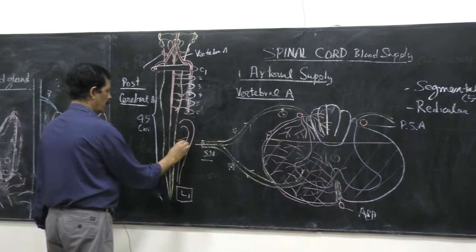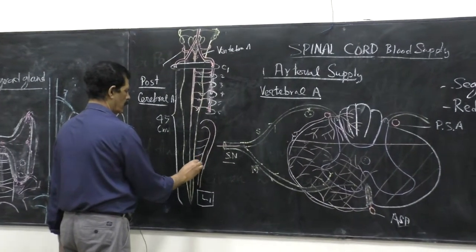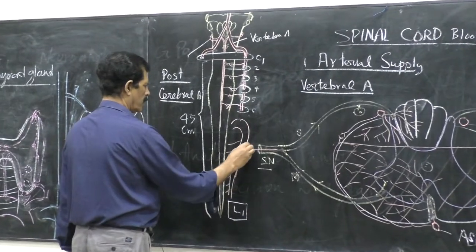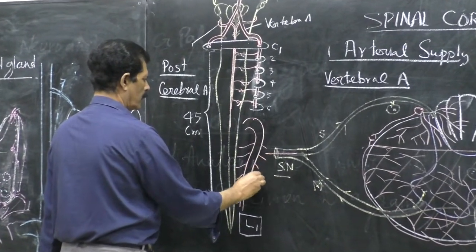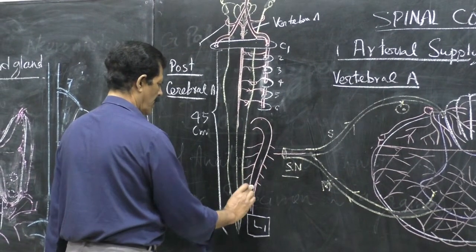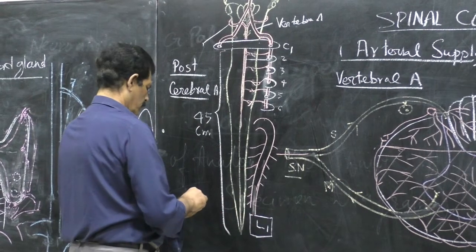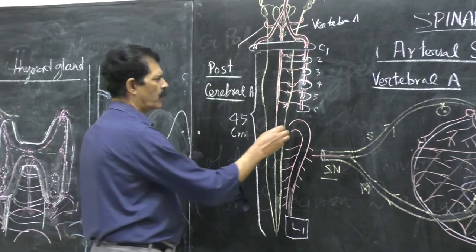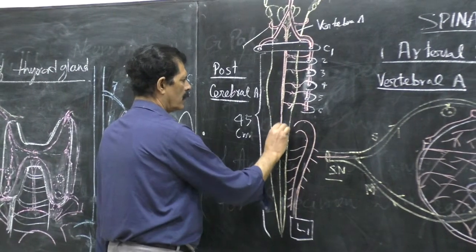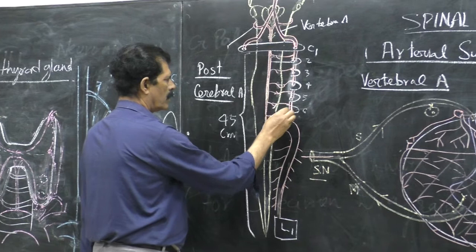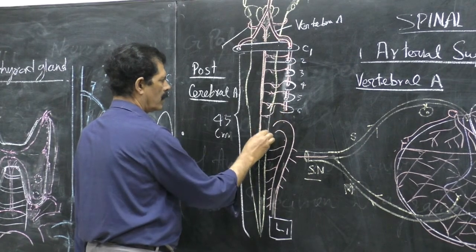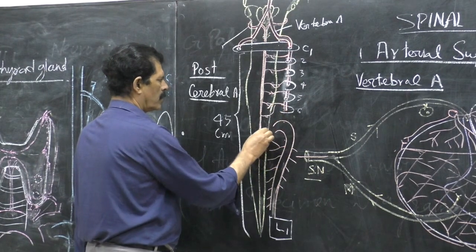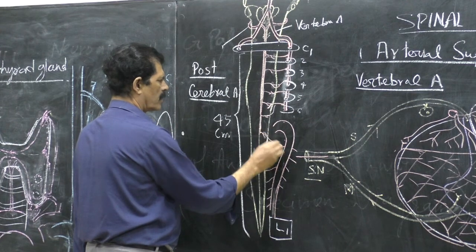So posterior intercostal arteries, as we know, are the branches of the thoracic aorta. So further segmental arteries come from the branches of the posterior intercostal arteries,